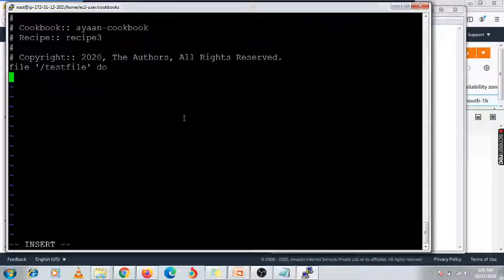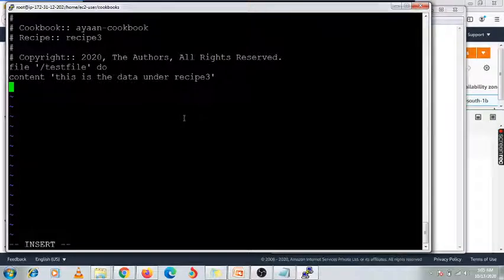Content, if you want to edit some content inside that file, because some contents are already available, then we can see what changes are done inside that file. So this is the data under recipe 3, and close it, enter.